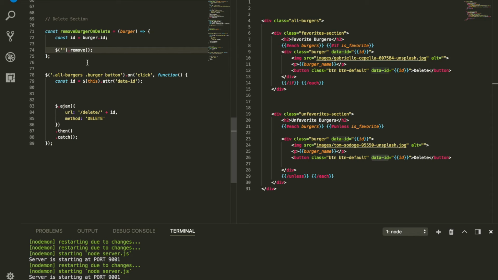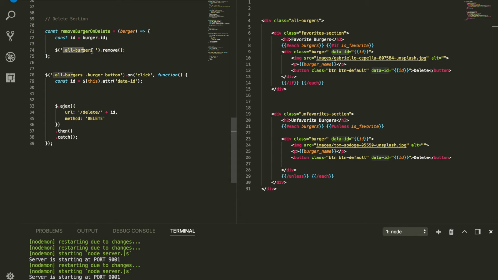So we're going to grab that ID, and then we're going to use jQuery to remove some element. What is the element we want to remove? Once again, let's go over all the burger. And then what do we want to remove? There is this div which contains the burger. Then we want to remove this entire thing. It's like this entire thing that contains the burger, and it has an ID as a data attribute. So I can technically